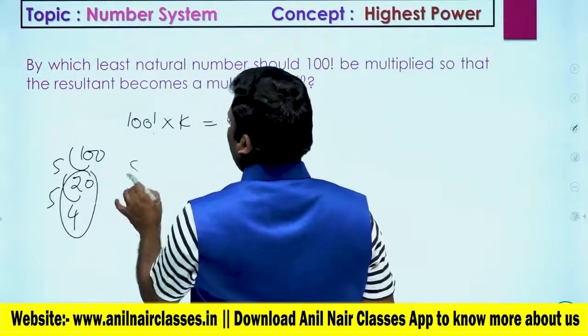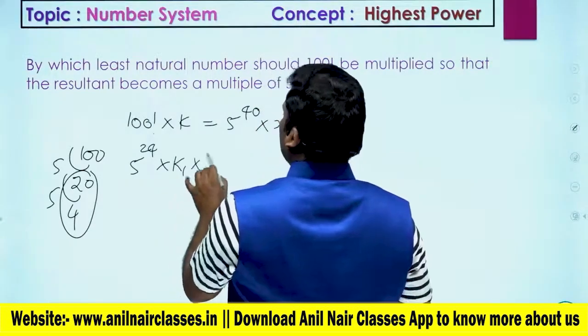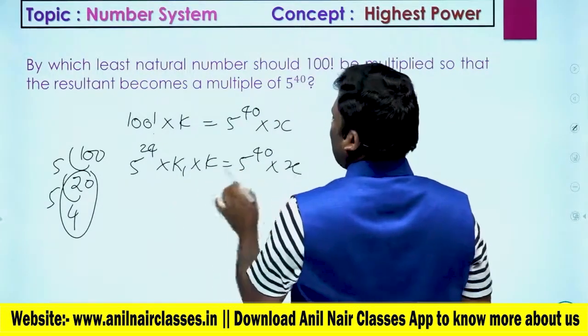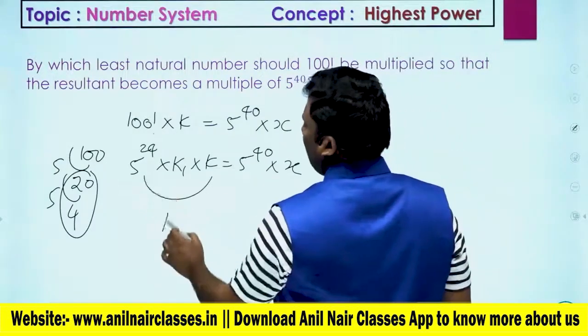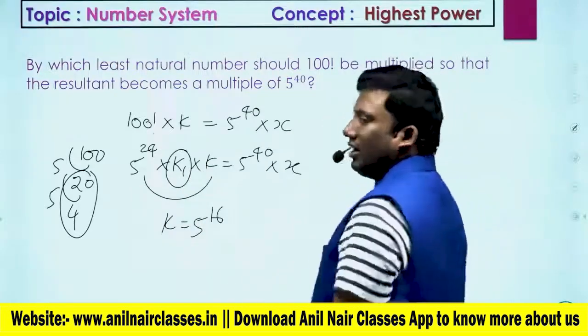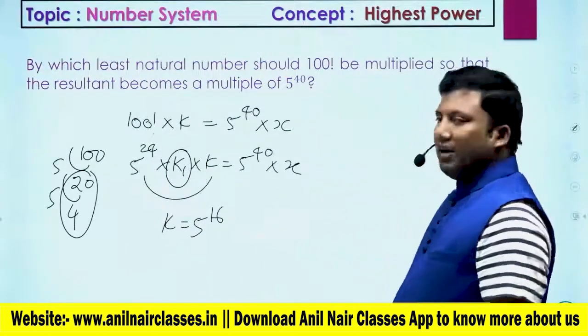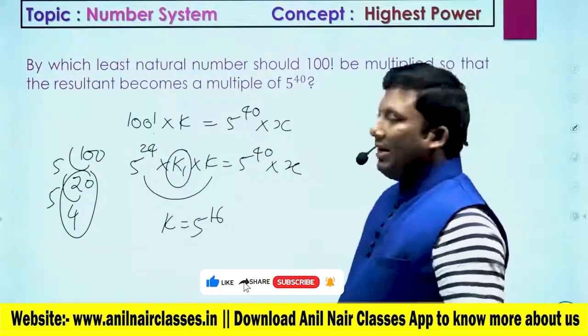It is 5 power 24 into k1 into k, equivalent to 5 power 40 into x. So it should be multiplied by how much number? 5 power 16, because k1 is a prime number, prime bases other than 5. So k will be 5 power 16. 5 power 24, 5 power 16. Add it, it will become